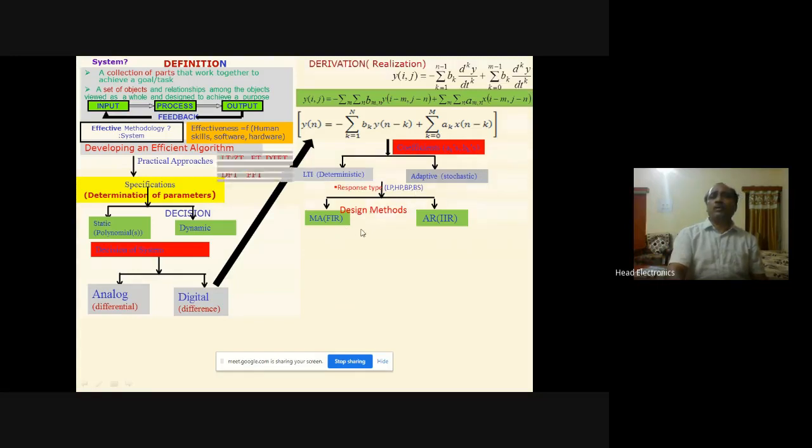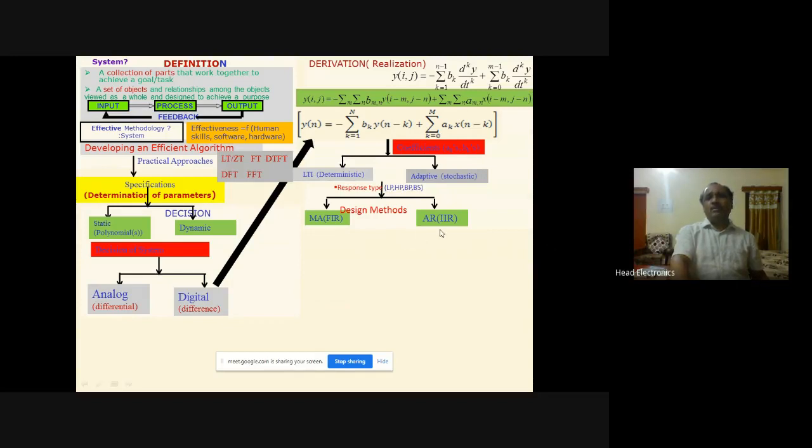Here we will decide whether this filter or system is without feedback or with feedback. If there is no feedback, that is known as the moving average or FIR, finite impulse response filter, because after a finite duration we will get the settled response if this type of system is excited by a particular impulse.